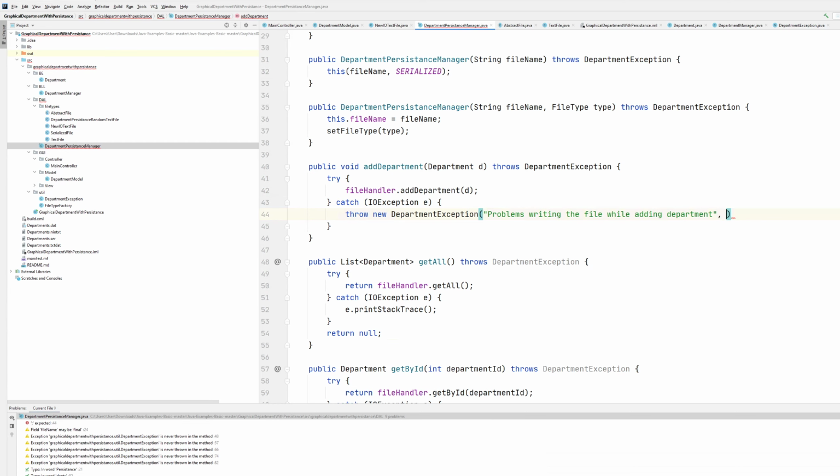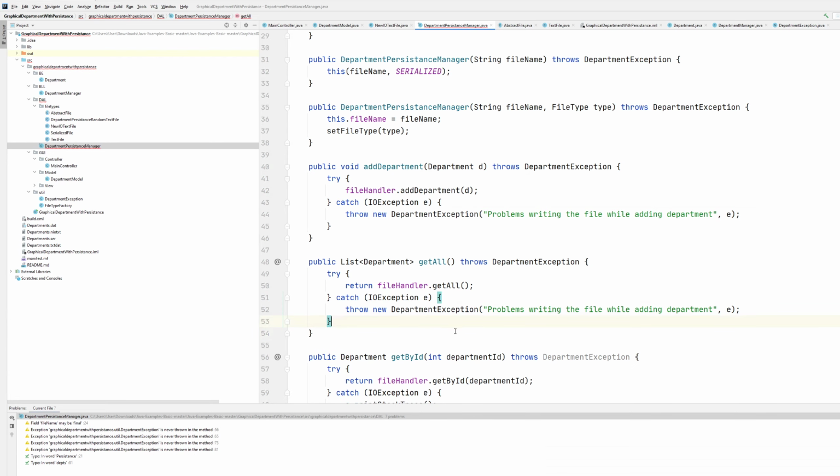Okay. And I think we can put the original IO exception here so that it won't be lost. So we can do that for any of them. So the good thing about